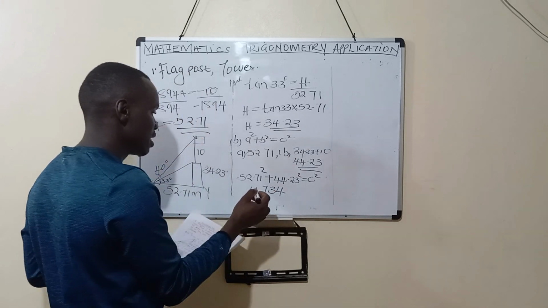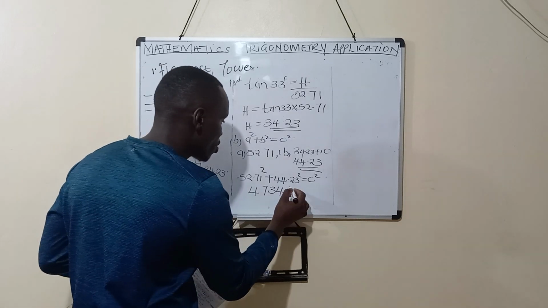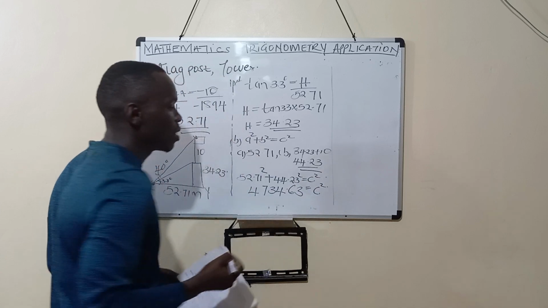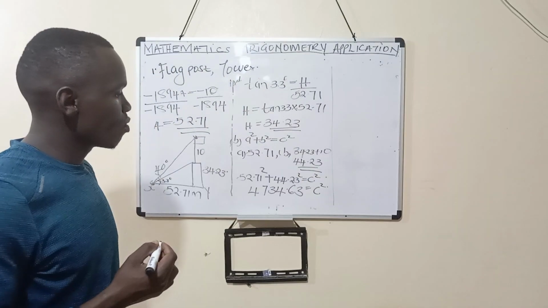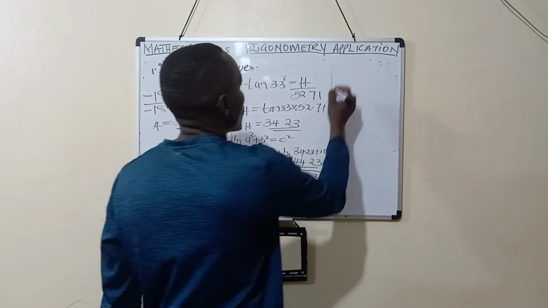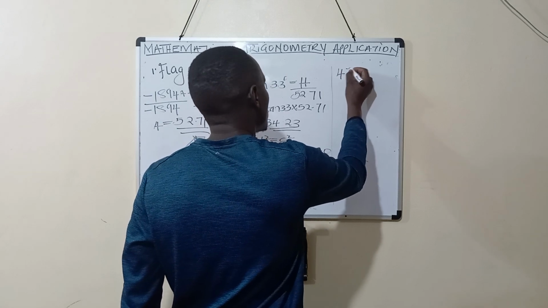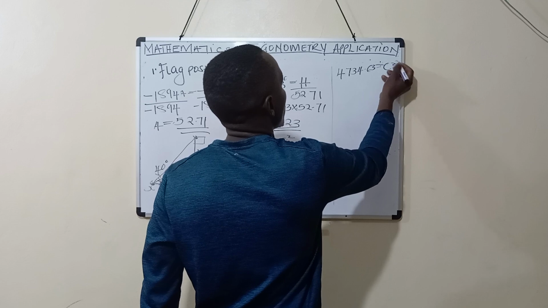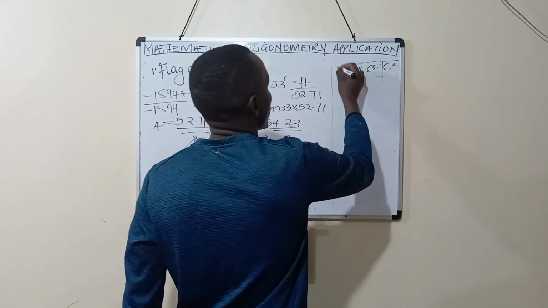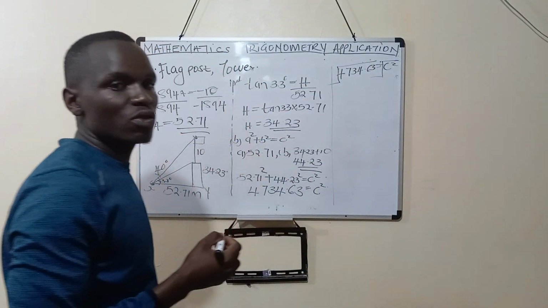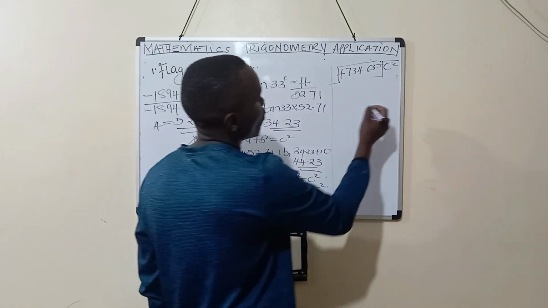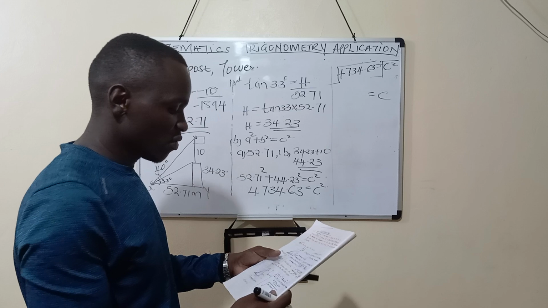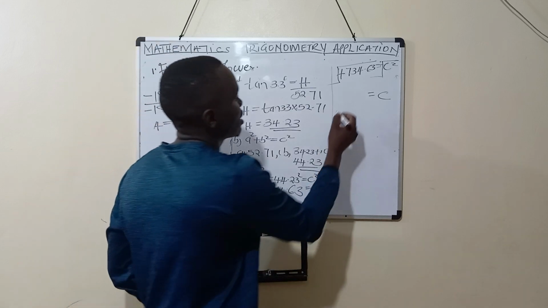4734.63 should be equal to C squared. But we want the value of C. So when our problem is in the form of 4734.63 equals C squared, we get the square root from both sides. The square root of C squared will be C, and then the square root of 4734.63 will be